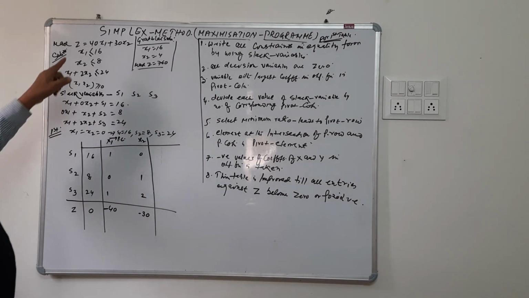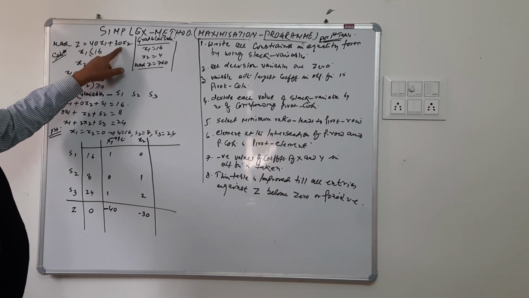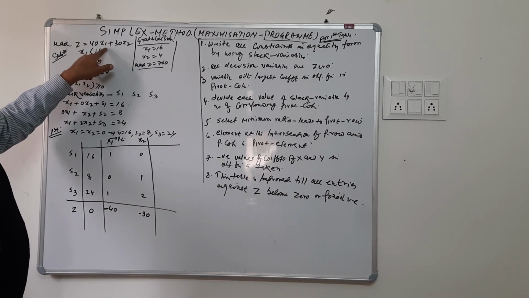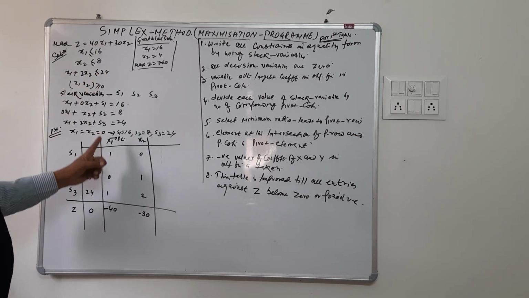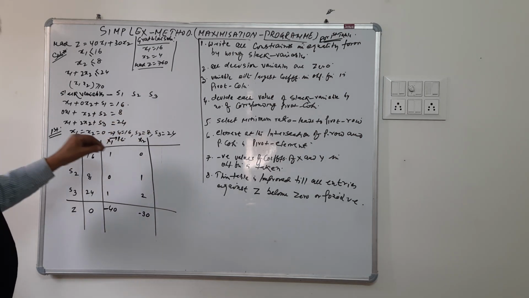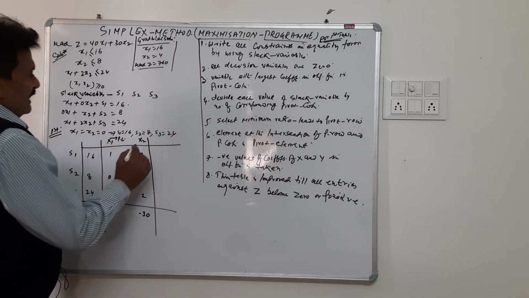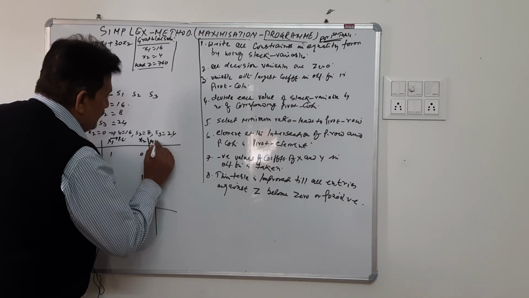Once again, we look for the largest coefficient of the variables in the objective function, and the variable with the largest coefficient becomes the pivot column in the first table. This rule is valid only for the first table. When this work has been done, then we calculate the minimum ratio.